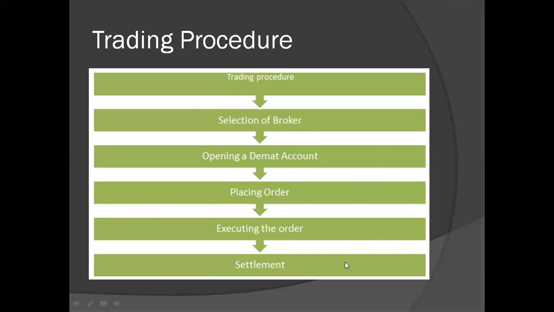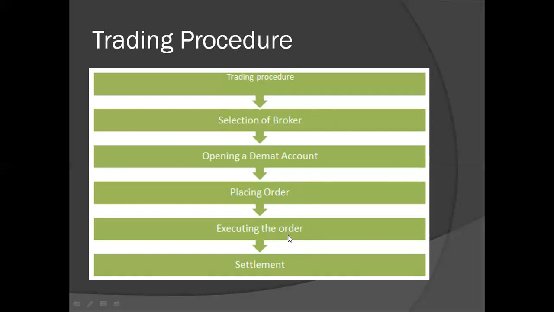So then the broker will act according to your transaction and place an order for the seller at the price mentioned by you. The broker will issue an order confirmation slip to the investor. Now, the order is placed. Our third step is over. We will move on to the next step, that is executing the order.